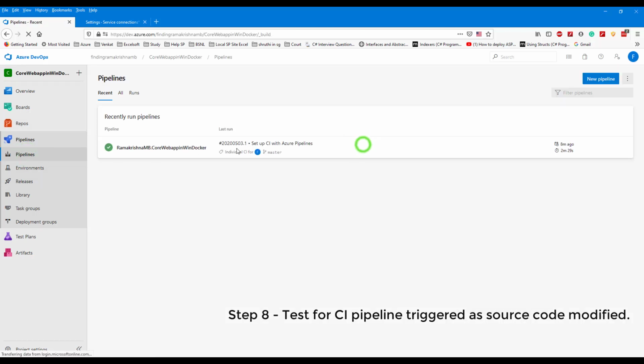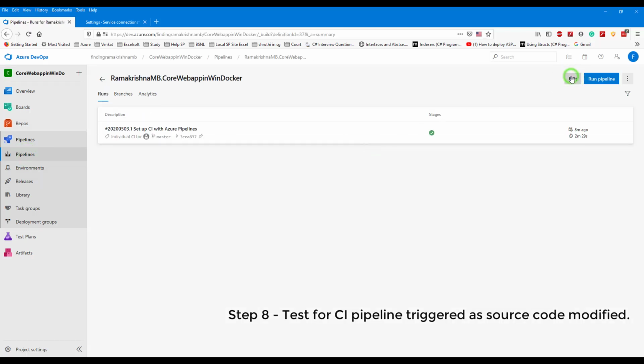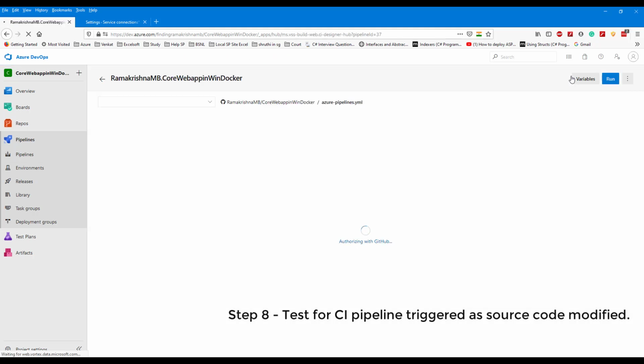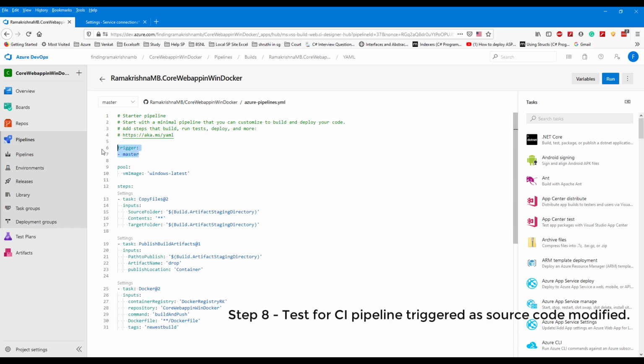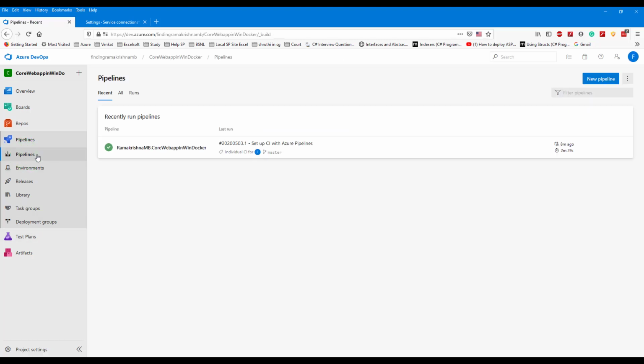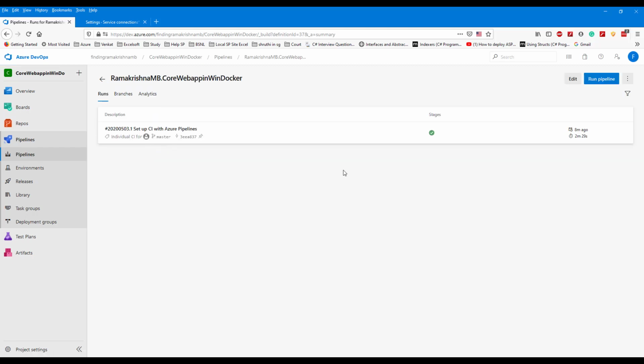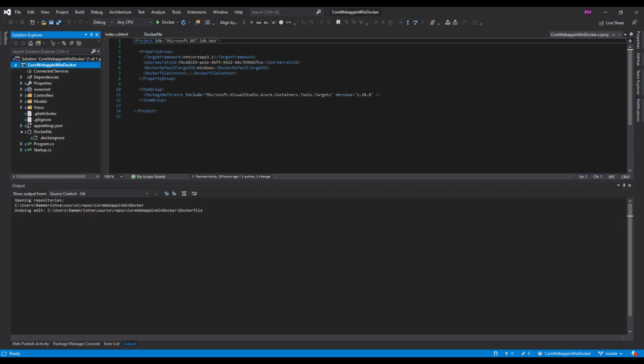If you see, in the pipeline we have the trigger set for our master branch. So whenever we commit to the Git repo through our Visual Studio, this pipeline will be automatically triggered, and a new image will be built and pushed to the Docker container. So let us change some content in our view.